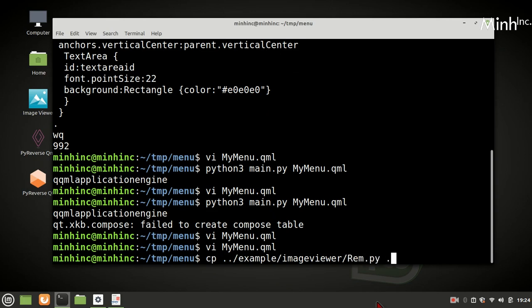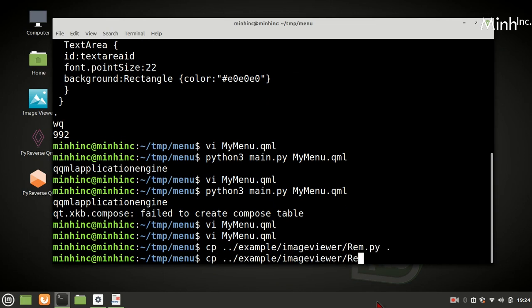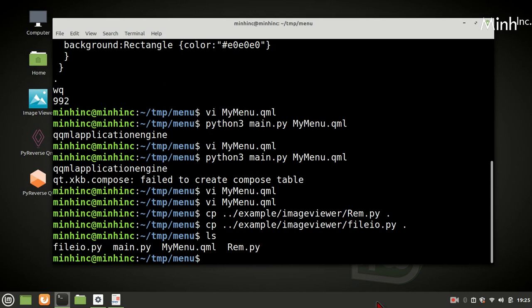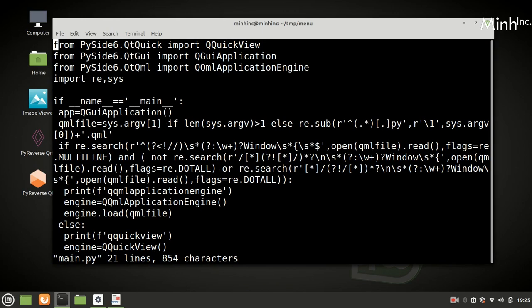RE here and file IO here. Now we have main.py and 4 files are there. So main.py now we have to modify to adjust this. So we will modify main.py.